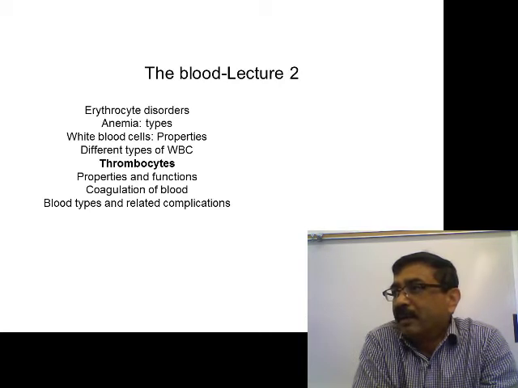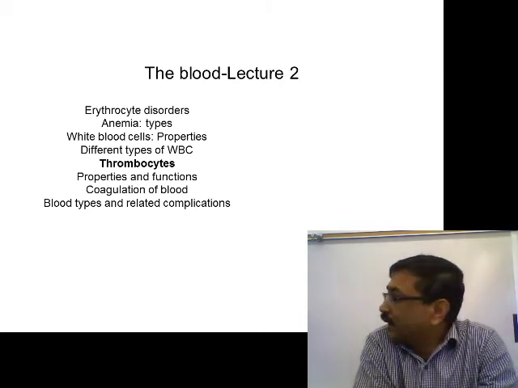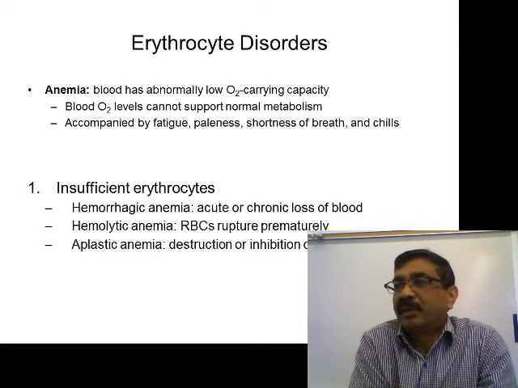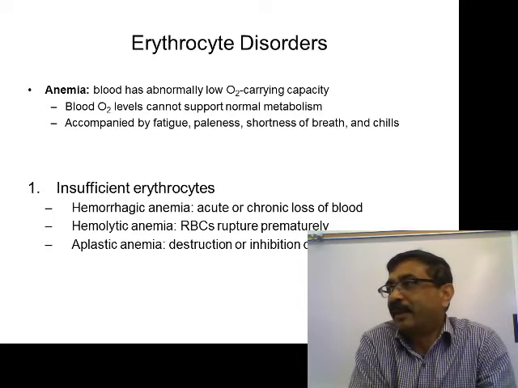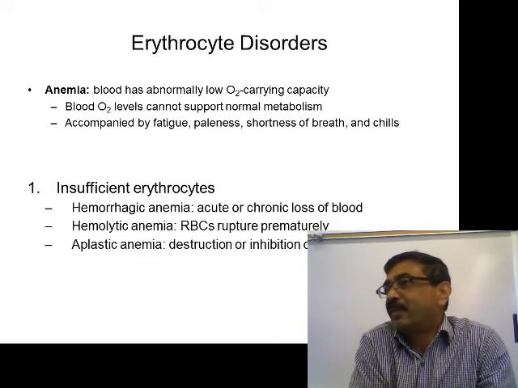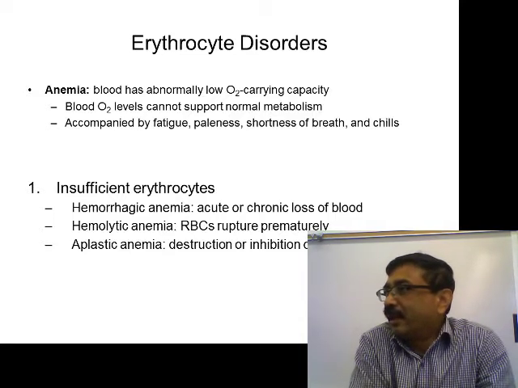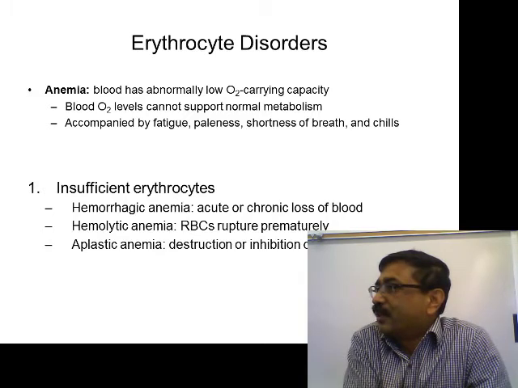First, what is anemia? Anemia is a clinical condition in which the blood has abnormally low oxygen carrying capacity. Now, you know that oxygen is essential for metabolism, right? So if blood cannot supply enough oxygen to the tissue, then tissue will have less metabolism. Make sense? Less oxygen, less metabolism,